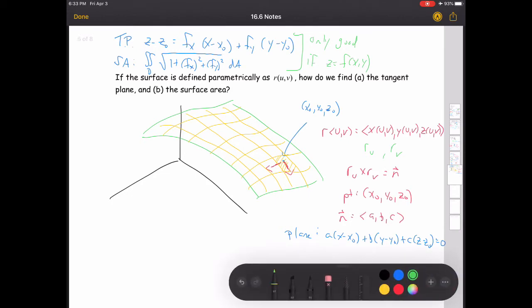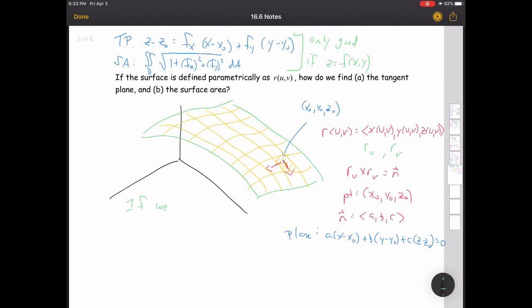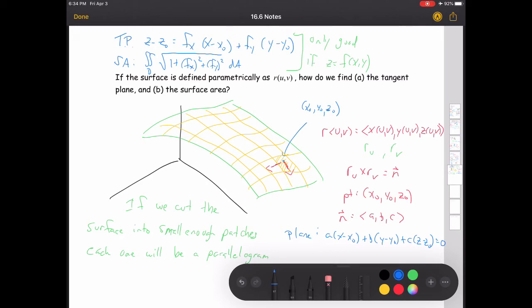So let's go ahead and write that down. If we cut the surface into small enough patches, each one will be a parallelogram. Is it ogram or agram? I don't remember. Close enough. Parallelogram. So what you would have from each one of these things is basically